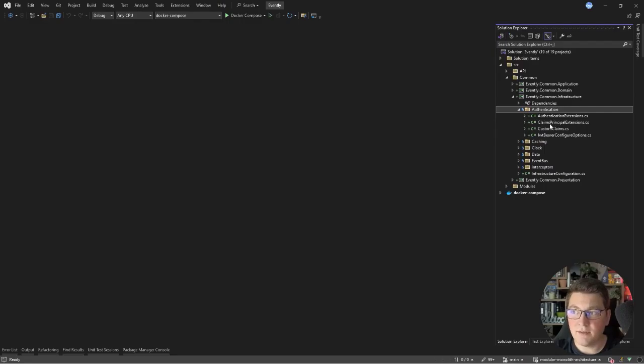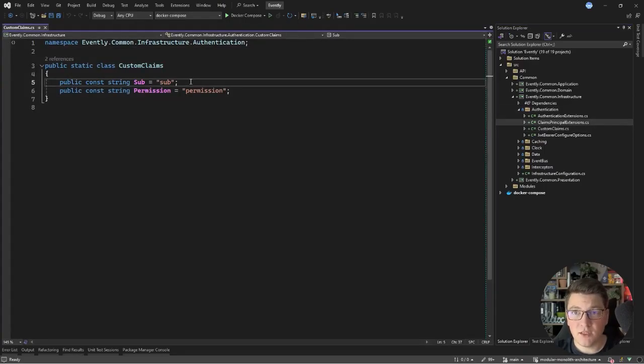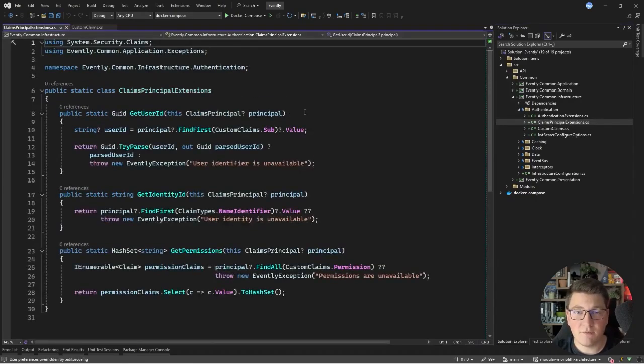So let me add two more files, the custom claims file, and it's going to contain two custom claims that I will be introducing to my claims principal. I will add a sub claim and a permission claim that's going to store the actual permissions assigned to the current user. Inside of the claims principal extensions, I have a few extension methods on the claims principal type,